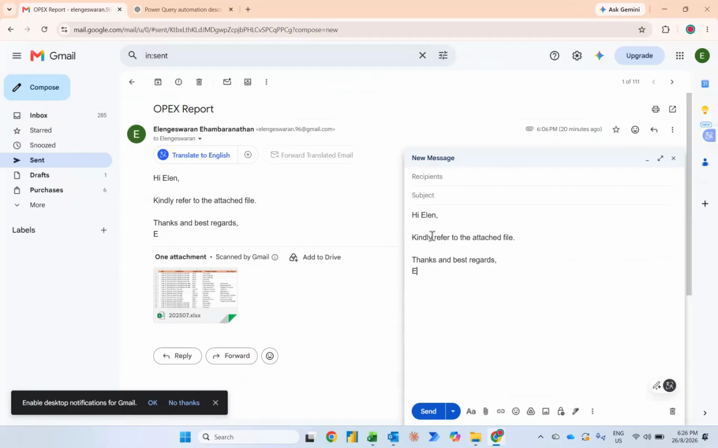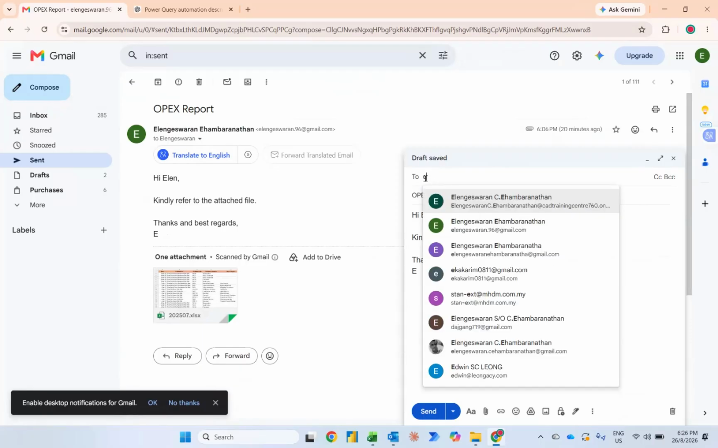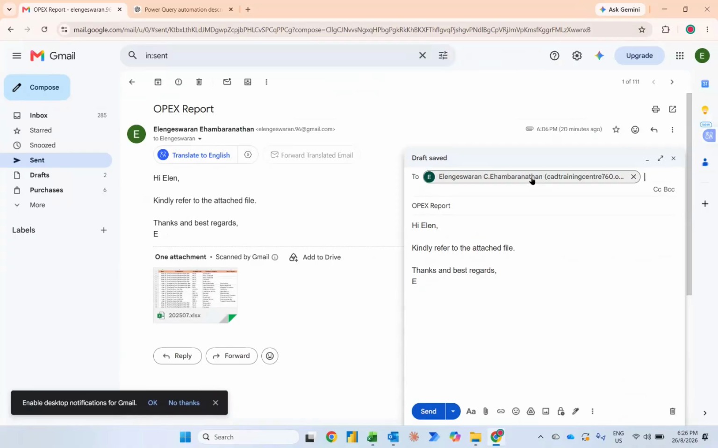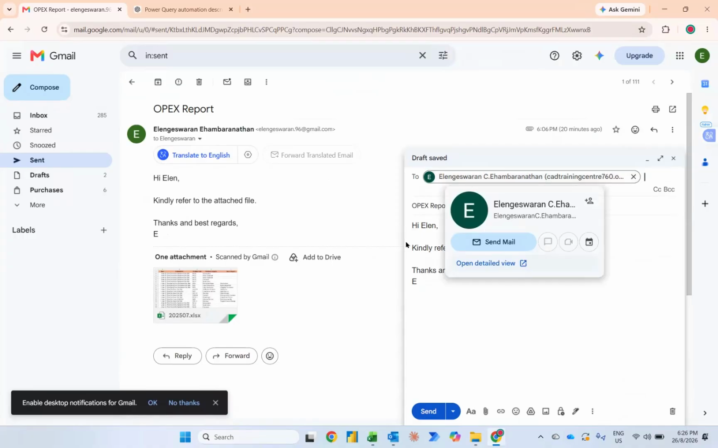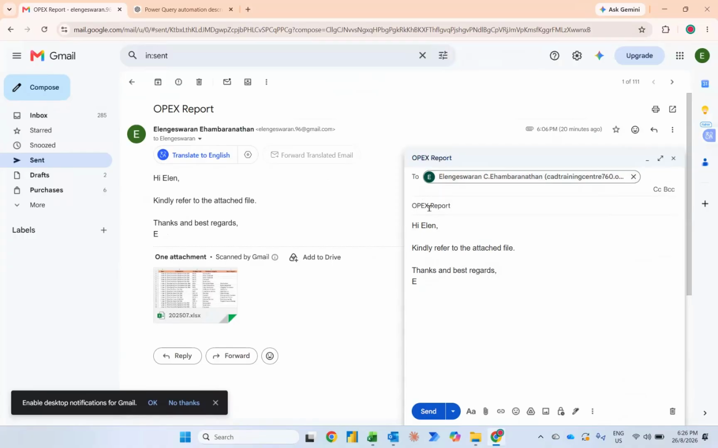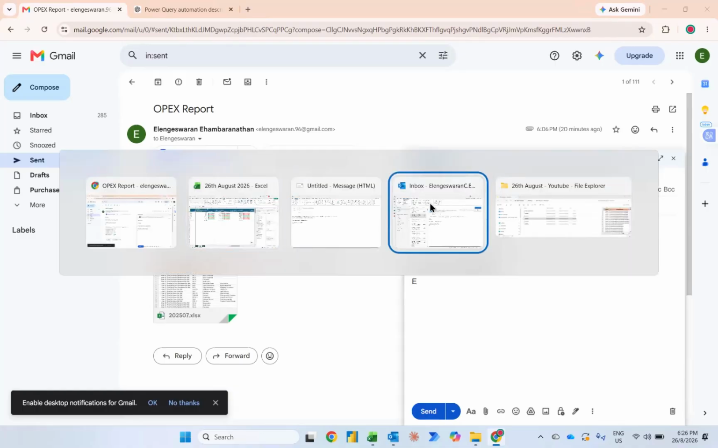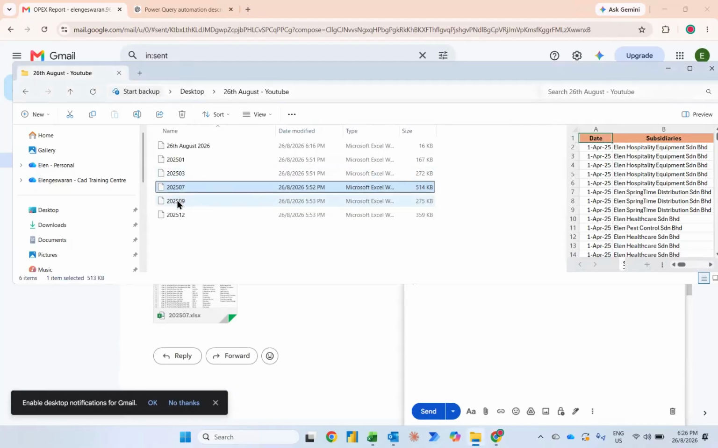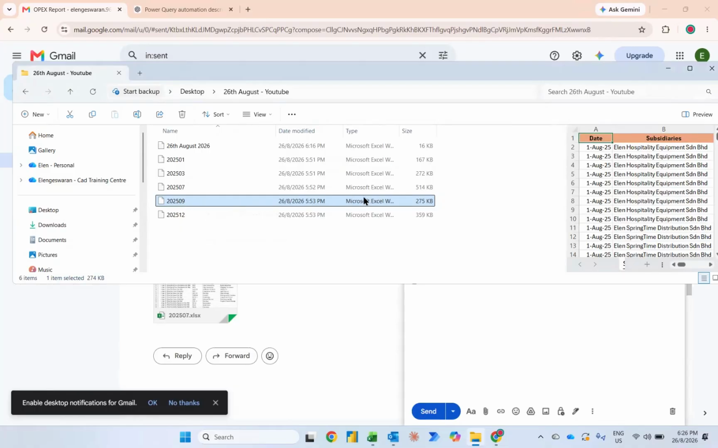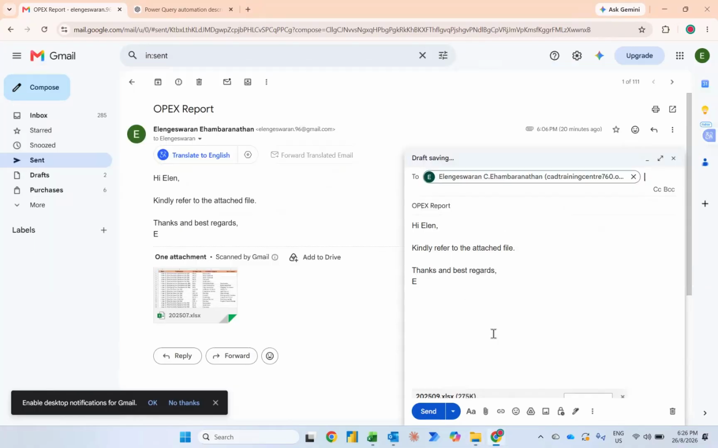Of course, the body doesn't matter. What matters is the OPEX report. So I'm going to copy this, paste it over here, and I send to the sender. So this is the sender. So whenever I receive an email which contains OPEX report, and more importantly, there are two requirements. One, it must have an attachment, and another, it has an OPEX report. So say I go to my file, and in my file I have the September report. So I'll click this, put it over here, and when I click send,